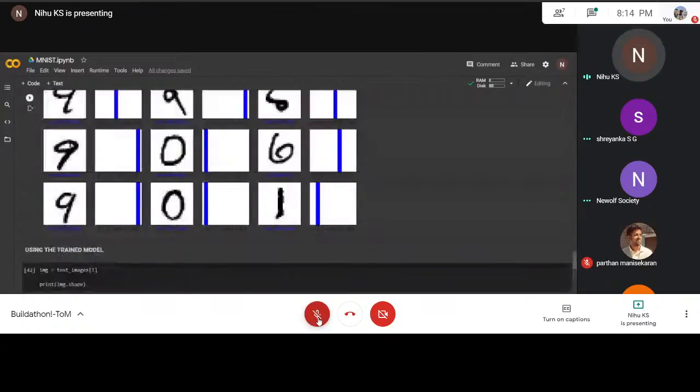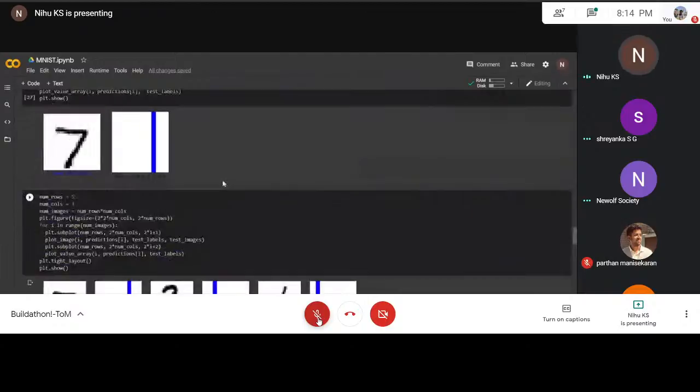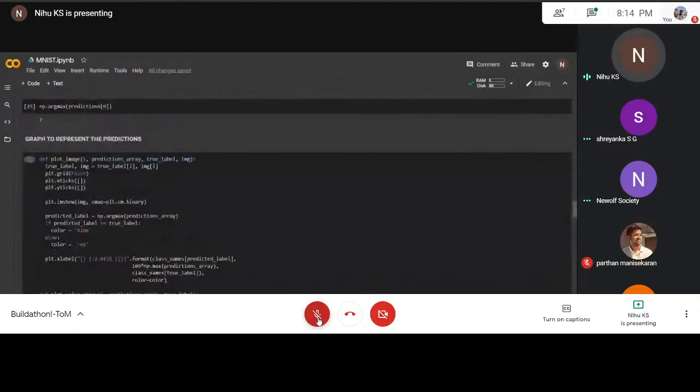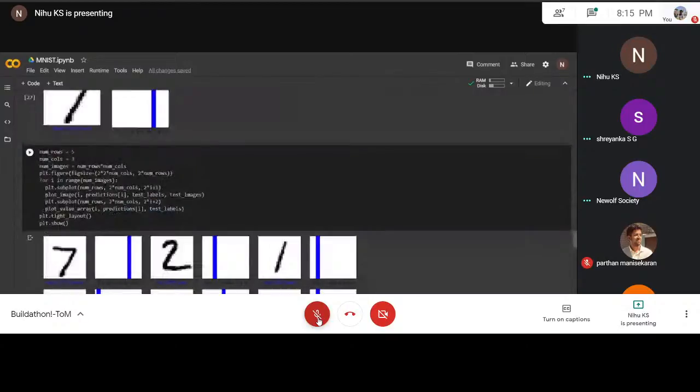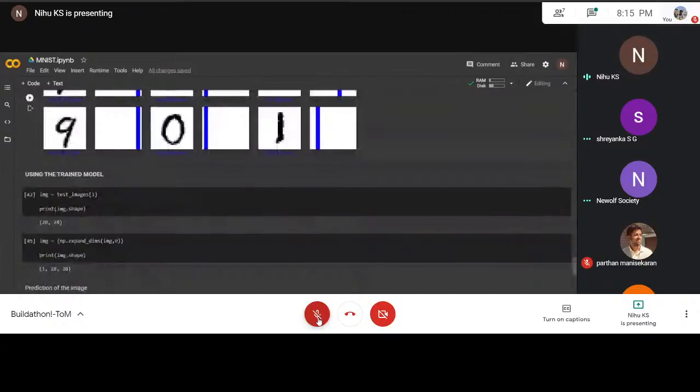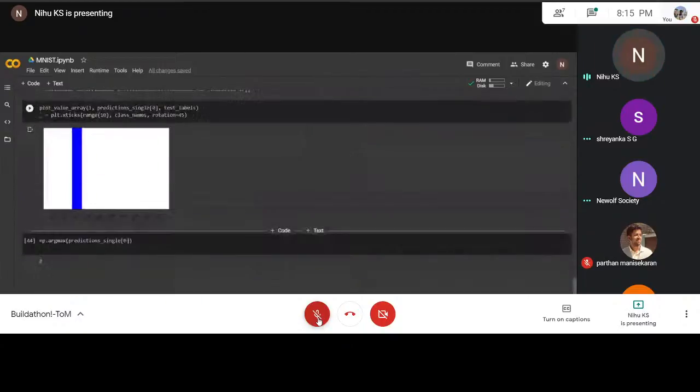My takeaway from here is that when we're training the model, giving more epochs doesn't necessarily mean that it will increase the accuracy, and we have to be mindful of the ratio of the test images and the training images that we use, because it can lead to overfitting, which should be a problem.